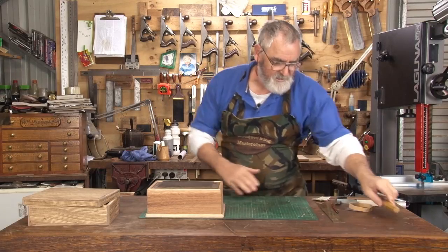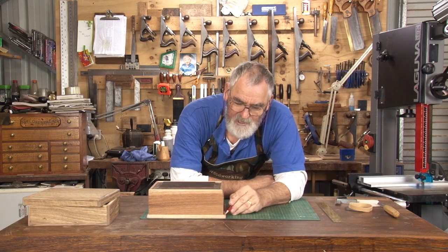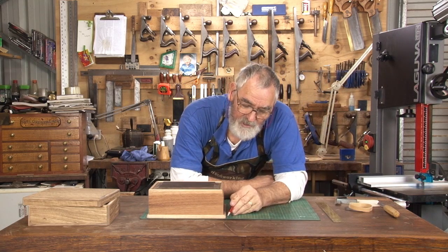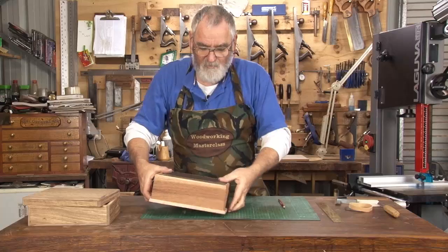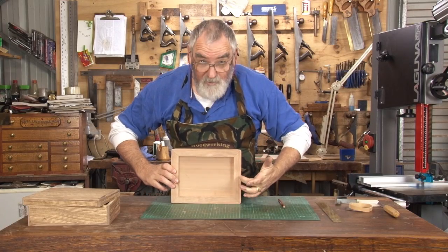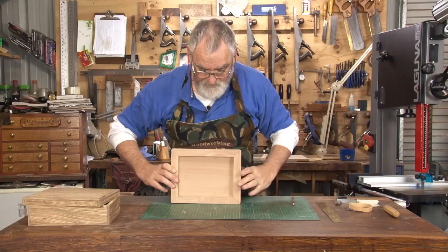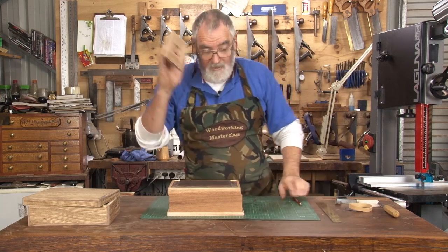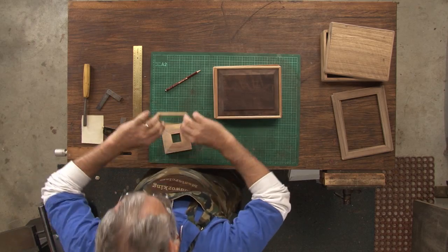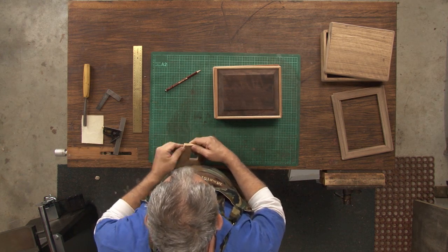So what you do is, same process, work out how much further you want the step to come out on the plinth, and then cut timber that width. So it's got to be the width of your stand plus however far you want it to protrude. Join it together in a square. Same thing, use the dogs, rubber band, glue it up,